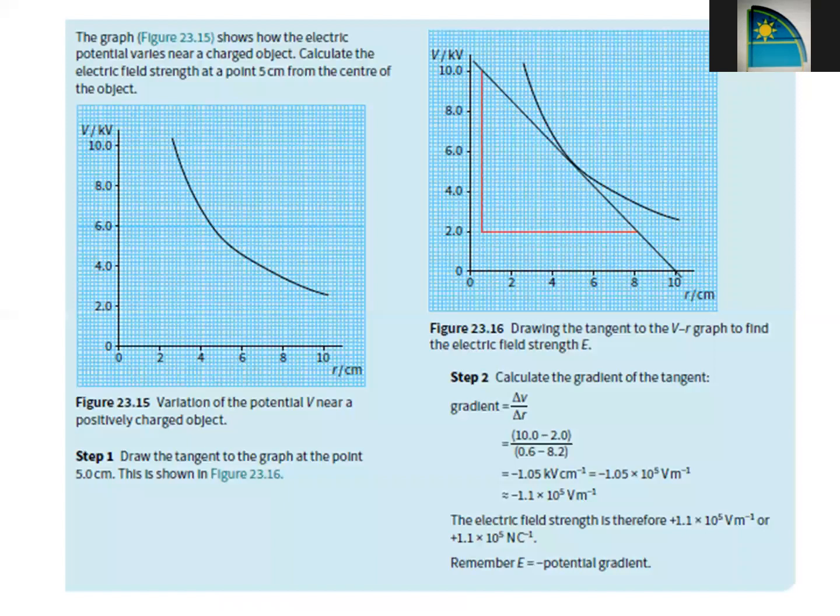This is very interesting numerical. Sometimes we will be given a graph between potential and the distance. Now we all know we have to calculate the value of electric field. So electric field and potential, they are related to each other. We've been knowing this again and again. E is equal to delta V divided by delta R. Just in case, if you were not given this value in the form of graph, instead we were given V in the form of quadratic equation, then instead of just choosing two values over the graph, we just draw the slope of the graph and we will calculate delta V by delta R.